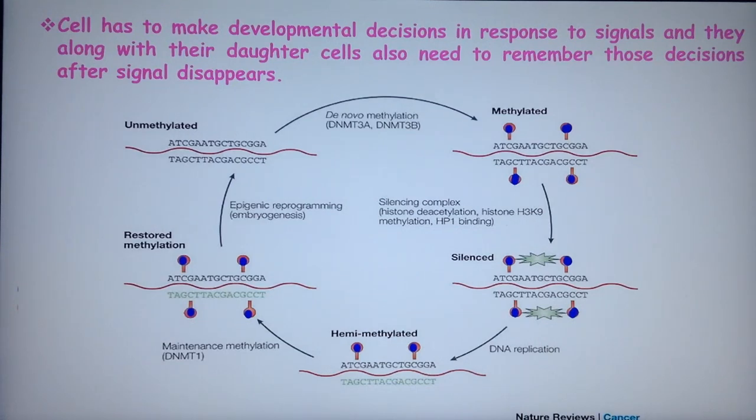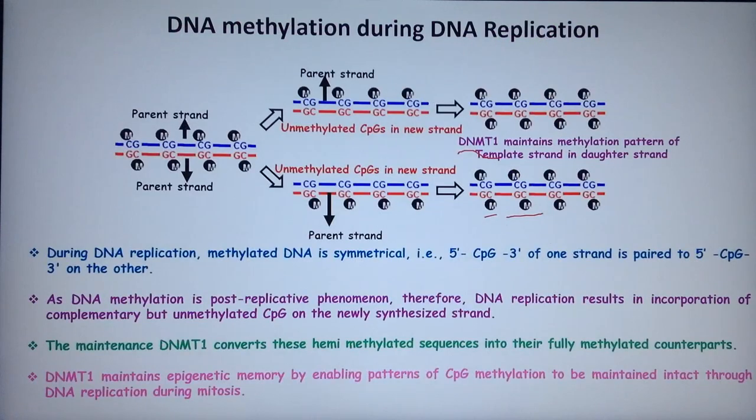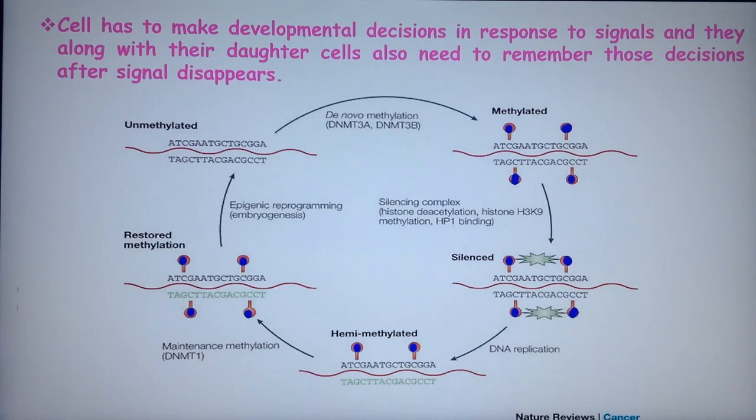And whatever DNA is methylated tends to be transcriptionally inactive. So whatever DNA is methylated will not transcribe. So the DNA becomes inactive, whatever is methylated by DNMT3A and DNMT3B, and DNMT1 helps to maintain the same methylation pattern, and its target is hemimethylated DNA. As we saw in the previous slide also, this is hemimethylated DNA. One strand is methylated but the other strand is unmethylated. So its target is hemimethylated DNA.